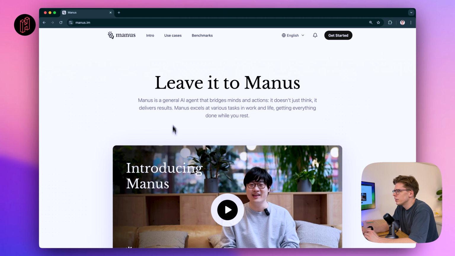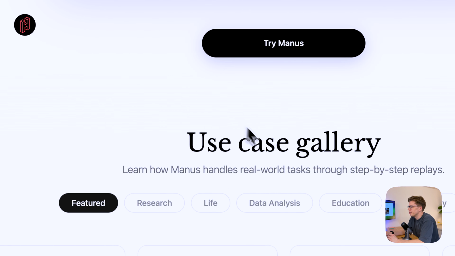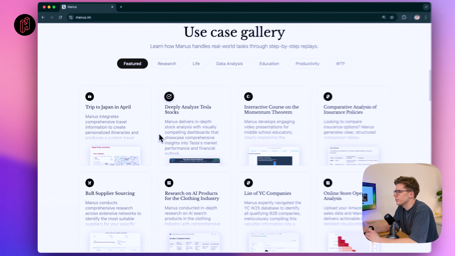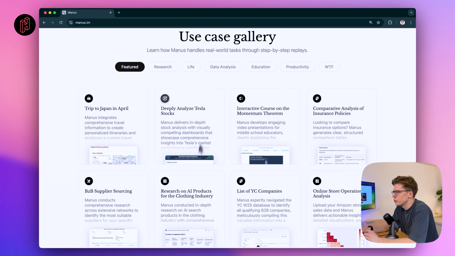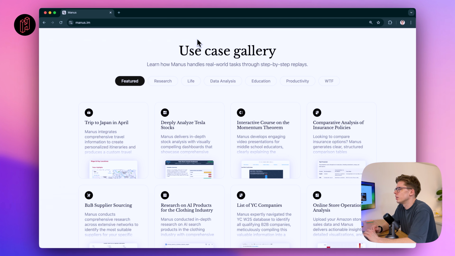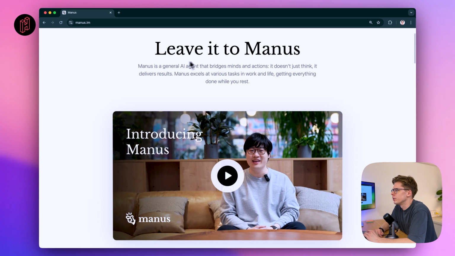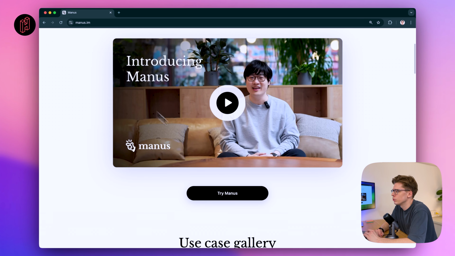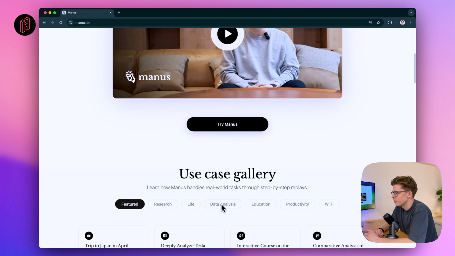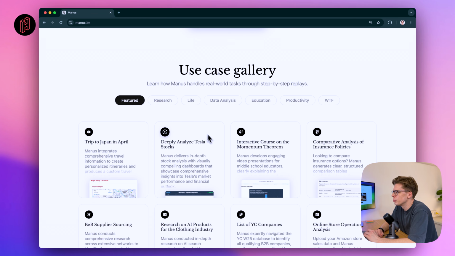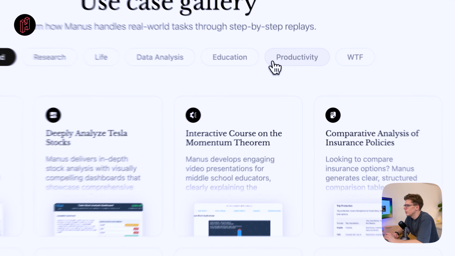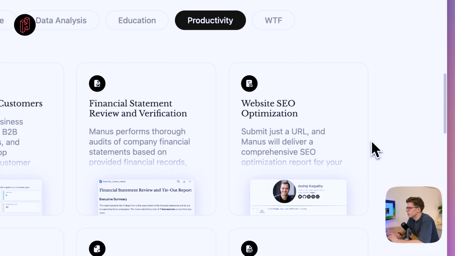And finally, let's take a look at one of the showcased prompts from their use case gallery. So also just to show you that you can always go to manus.im, of course, also sign up if you would like access as soon as they have capacity, but also just to see what people are using it for. So let's see if there's something interesting. Productivity. What